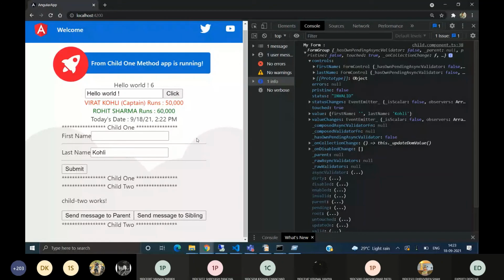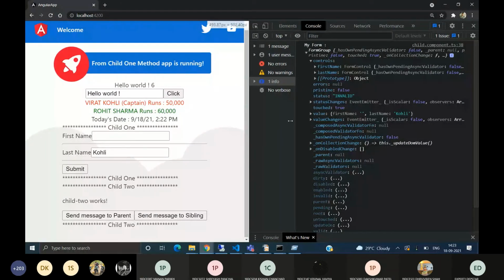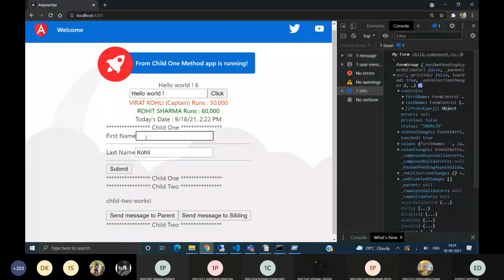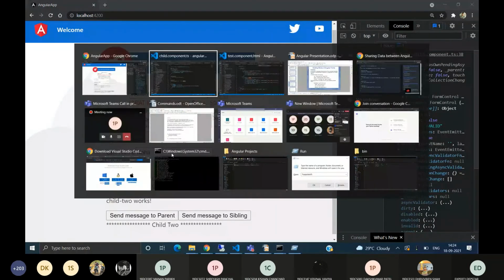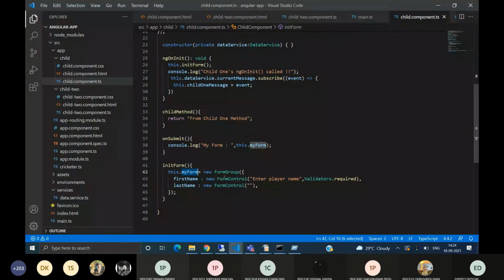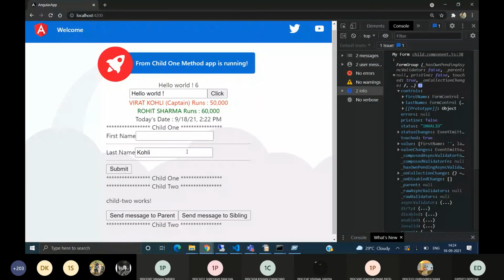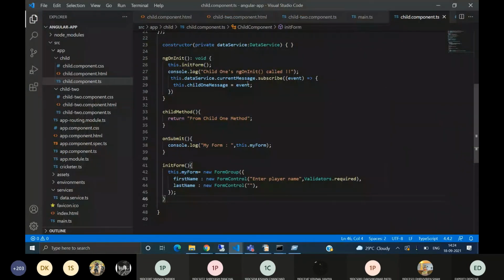So now we can use these things for making our form responsive. Like when I'm not filling any value and clicking submit, I can show a message that please fill the first name. Let's do that.